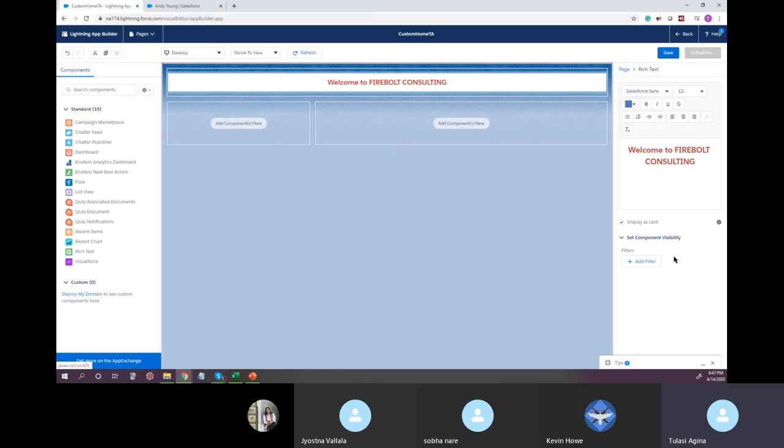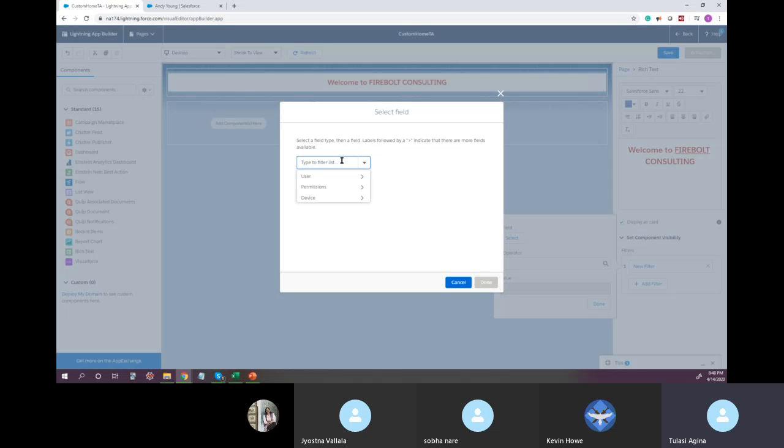Now what I want to do is let's see what properties it offers me. I can add this information, and I can also set visibility, who sees this information. So if I want to add a filter, right, I can say, okay, select a field. If I, for example, want to say user, right? User, let's say user